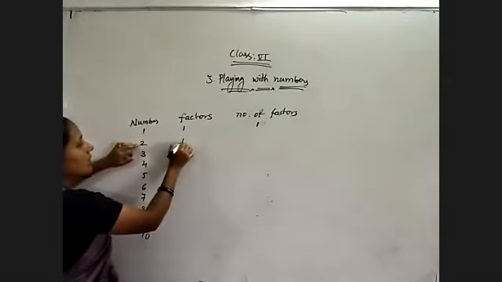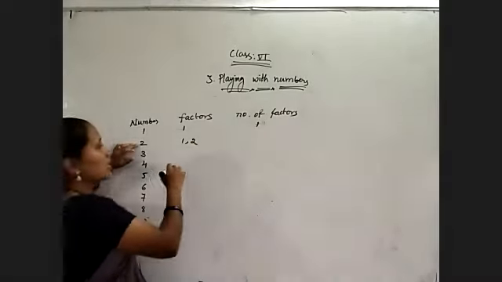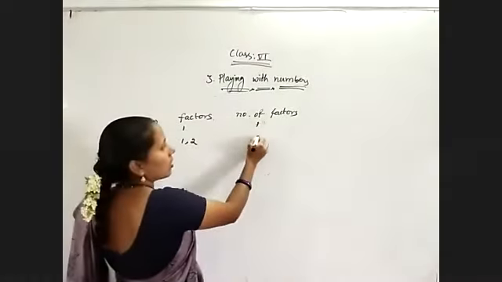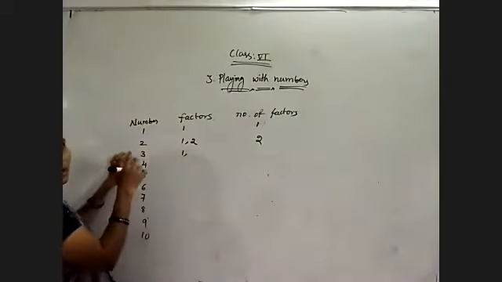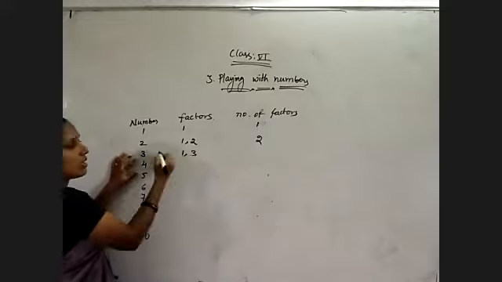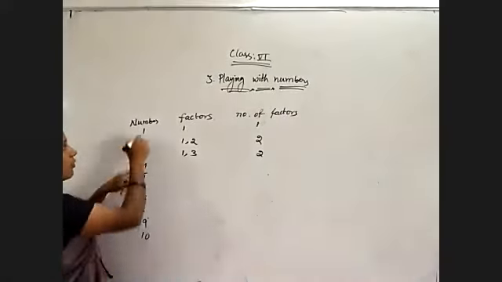2: 1 ones are 1, 2 ones are 2. So 1 and 2. How many factors are there? 2. And for 3, 1 ones are 1, 2 table will not get 3, 3 ones are 3. So 1 and 3. How many factors are there? 2 factors. And for 4,